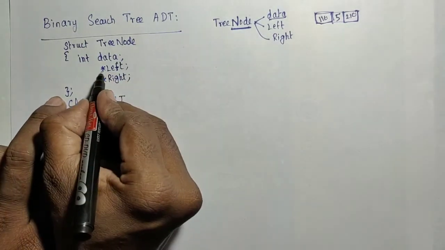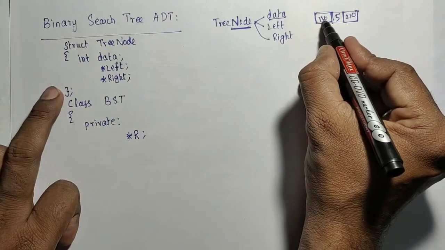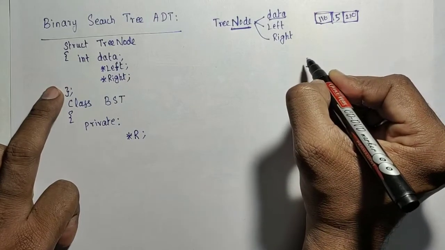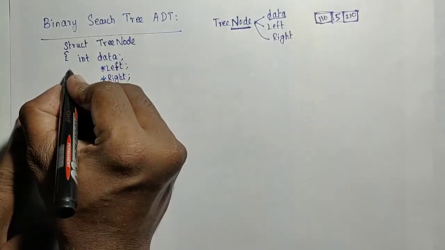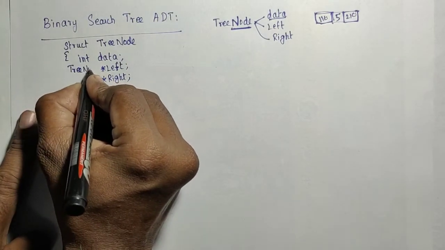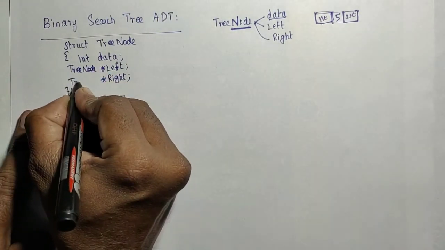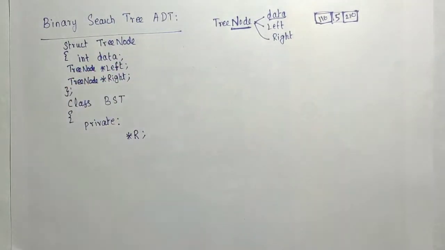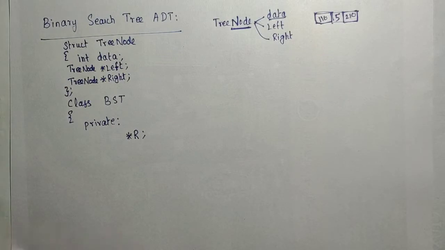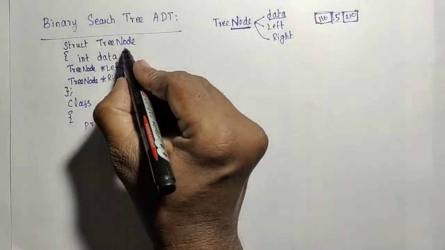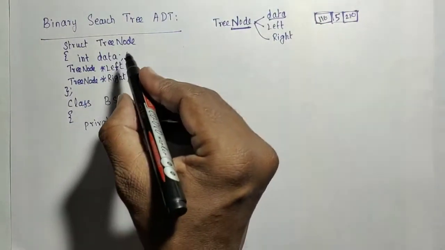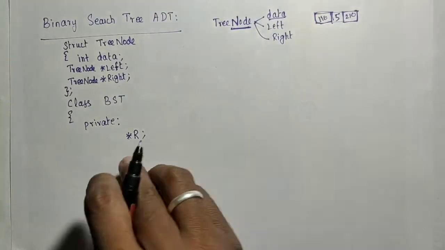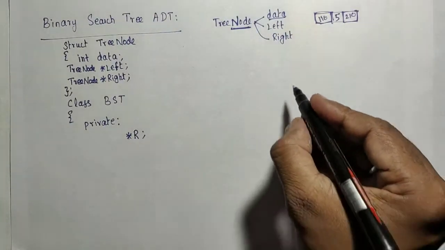Pointers. So what type of address is it going to hold? The address of another tree node, correct? So the address of what? This is also another tree node only. So I need to use the type as Tree node. If you are confused about naming it a tree node, you can make it a node itself. But since the linked list concept also uses the node, I'm going to make it a Tree node.